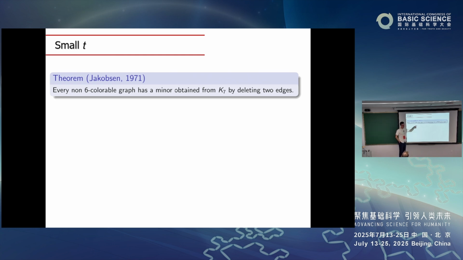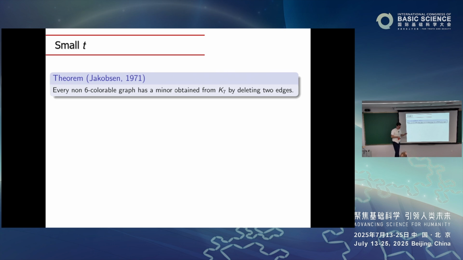And where do we go from here? Well, we want to go to case 7. We wanted to go to deleting 1 edge, but even that turns out to be ambitious. Okay, then what can we do? Well, there are 2 ways of deleting 2 edges. You can delete 2 edges which share no ends, or you can delete 2 edges which share an end. And Jakobsen's theorem says that sometimes you get one of them, sometimes you get the other.